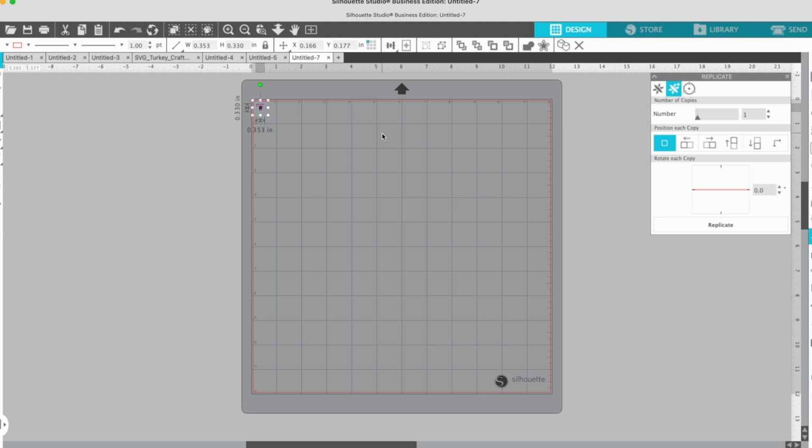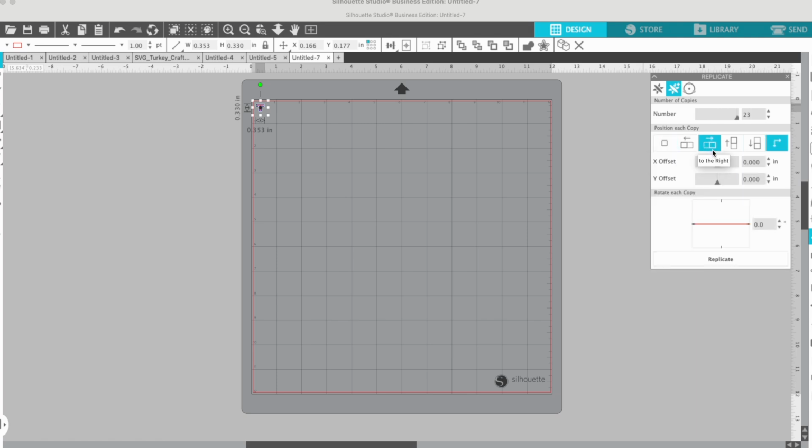Now, if it's about a third of an inch, I know that means about 3 will fit in 1 inch, and I have a paper that's 8 inches, and so 3 by 24. So I'm going to say 23 copies. So I'm going to select that. And then what I'm going to do is I'm going to tell it which direction I want it to copy. So I want them to copy to the right, and I want the copies to rotate 180 degrees each,